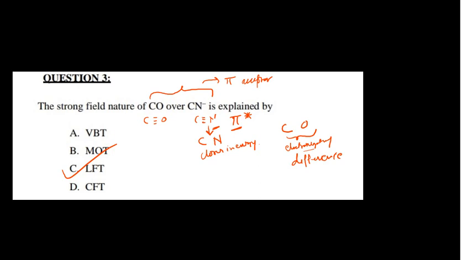So metal d orbitals donate electron density towards the ligand, and there is less mixing. Less mixing means a weaker pi bond between the metal and the carbonyl, when compared to the cyanide. So this is the theoretical idea, and ligand field theory gives this idea. Now moving to the next problem.